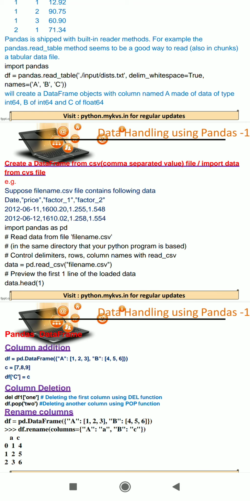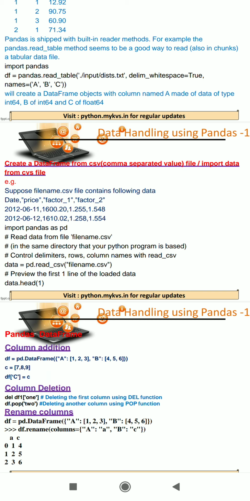So the first row has values like date, comma, price, comma, factor 1, comma, factor 2. Then the next rows have similar values separated by commas.